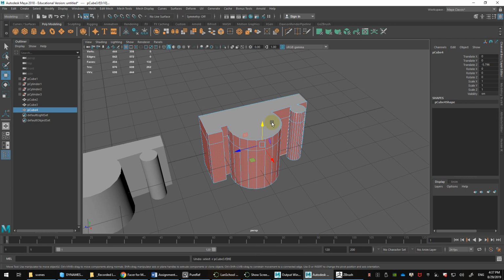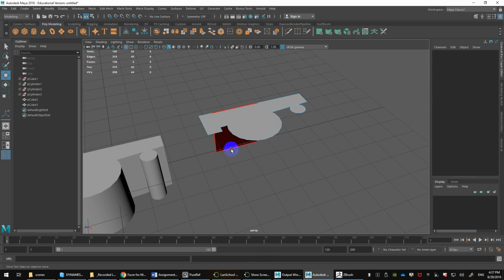It just deletes history of the whole object. The object you have selected, not of everything in the scene. No, not everything in the scene, just of the specific object. So